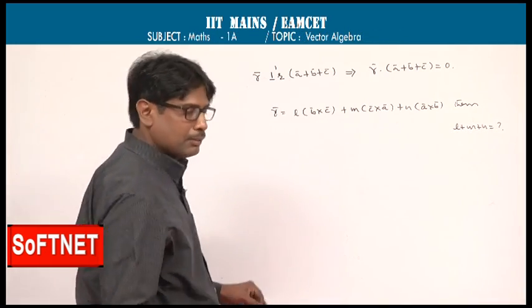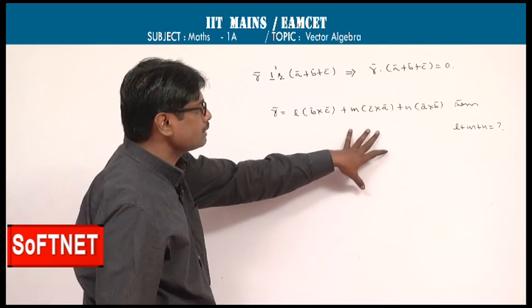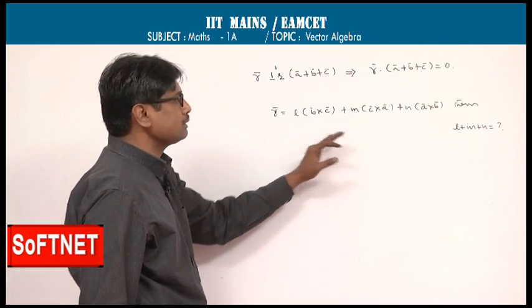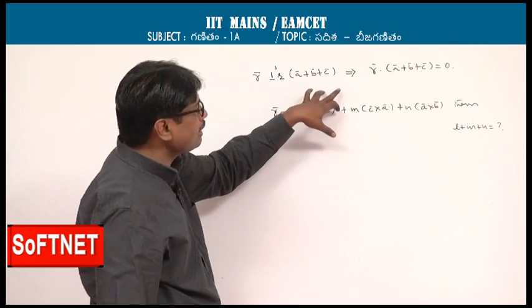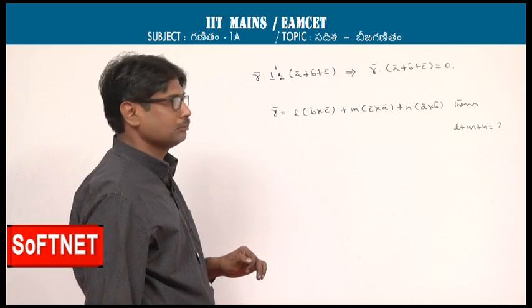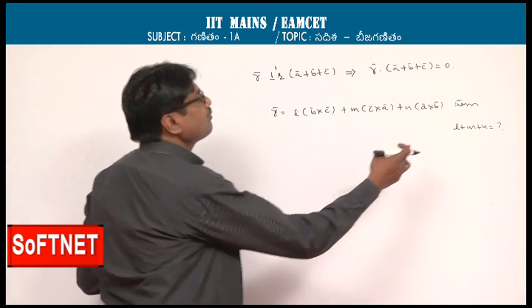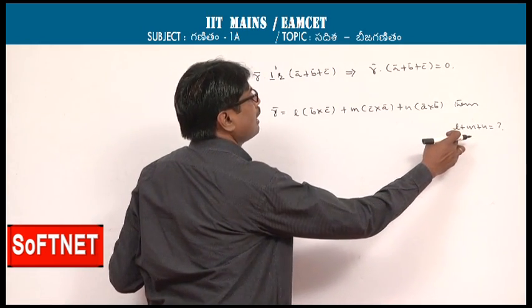R bar is the combination of B cross C, C cross A, A cross B with the help of the scalars L, M, N, the sum of L plus M plus N, provided R bar is perpendicular to A bar plus B bar plus C bar. Now, in order to calculate first A bar, L value